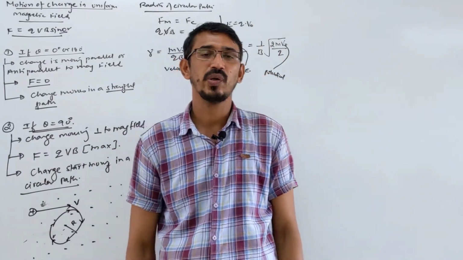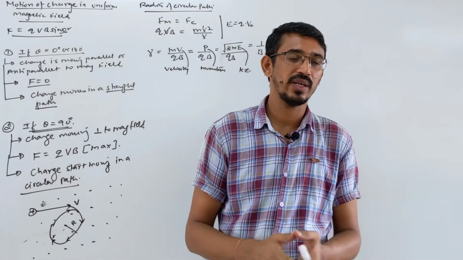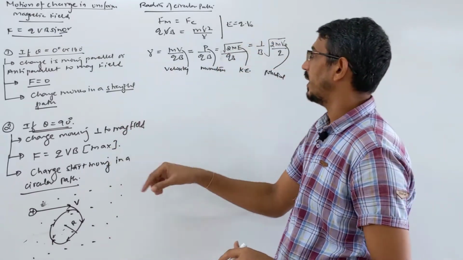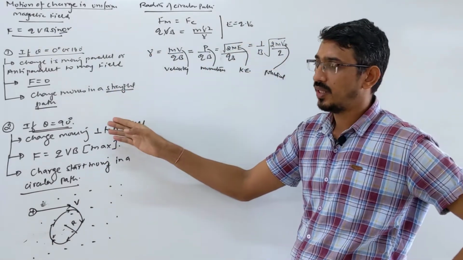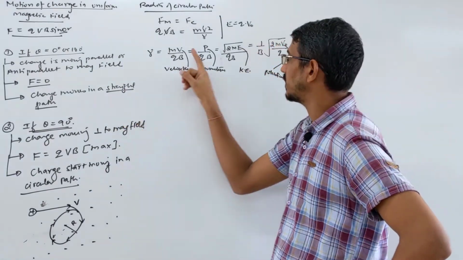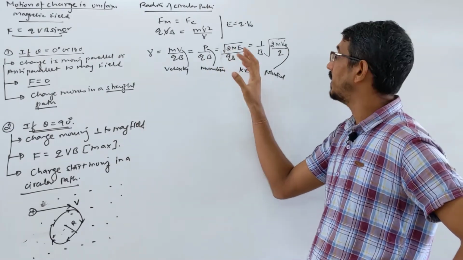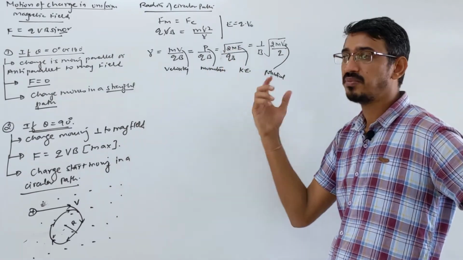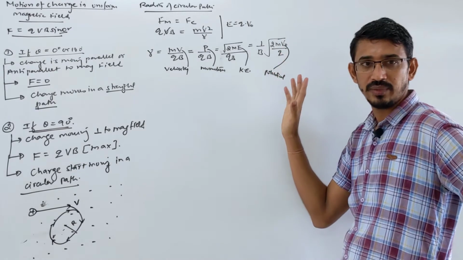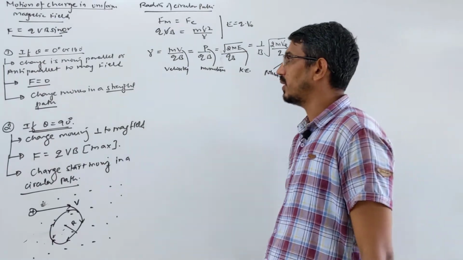Very important question, they always ask a comparison question. They will compare two particles, say an alpha particle, a proton, or a neutron, moving through some magnetic field. If they have the same velocity, find the ratio of the radius, then it depends on mass and charge. If they have the same momentum, then it depends only on charge. If they have the same kinetic energy, then it depends on root m by q. If they are accelerated by the same potential difference, this is the most important question, then it depends on root m by root q, right?